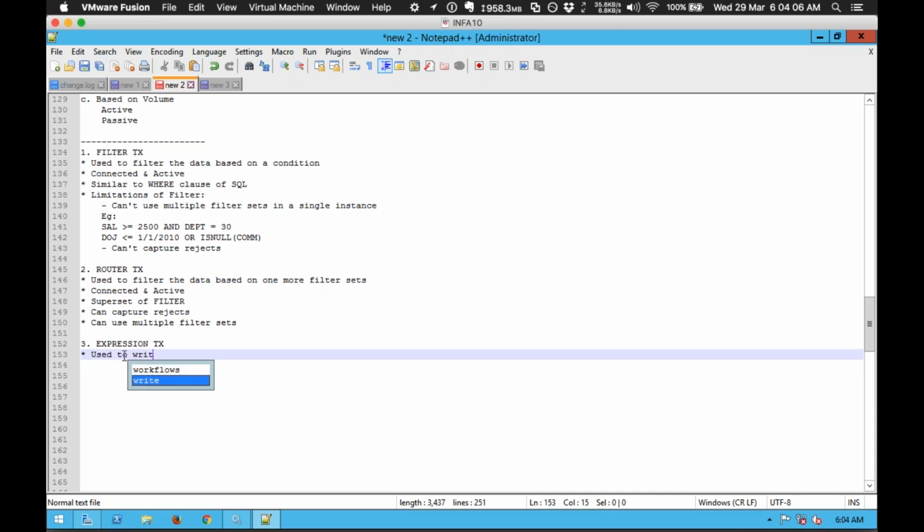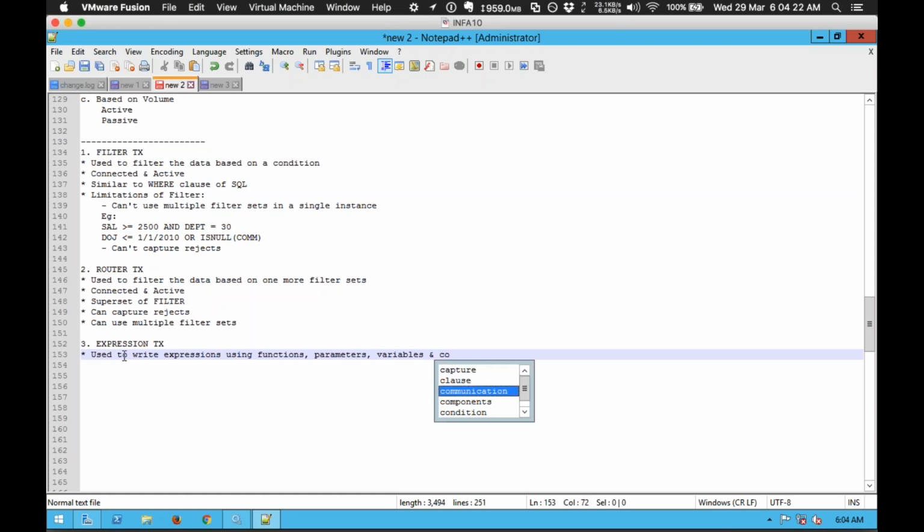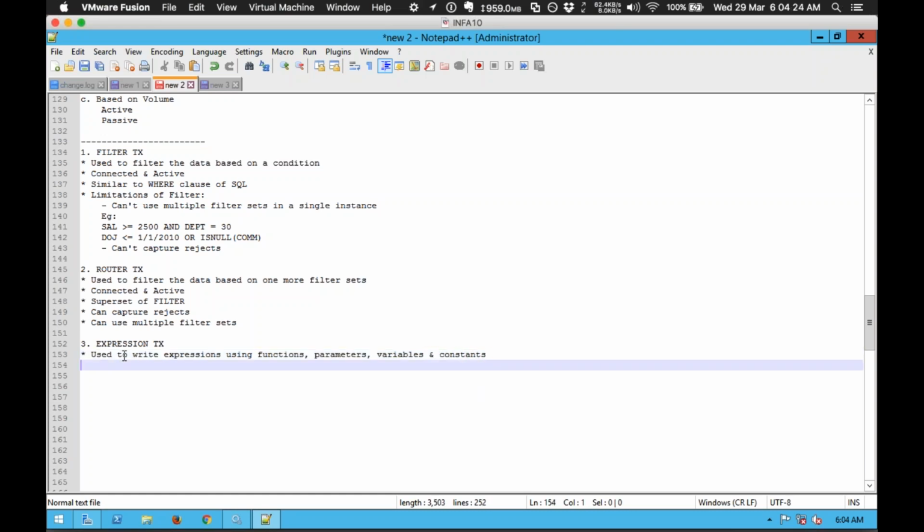So we used to write expressions using functions, parameters, variables, and as well constants. To talk about the properties of expression,